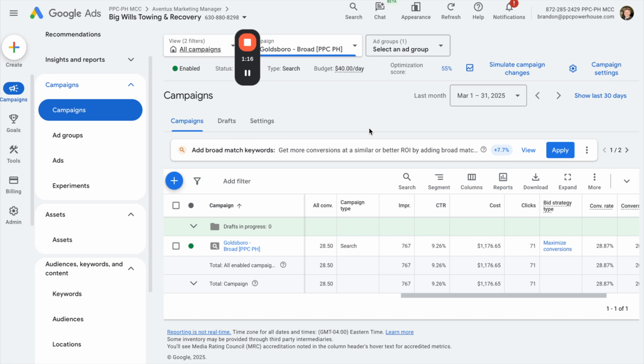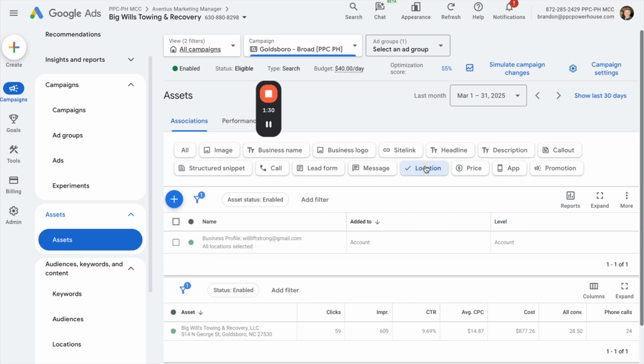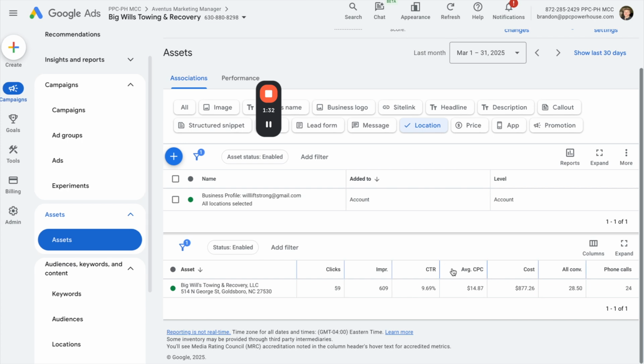But first, let's talk about how to set it up. So pull up your account, go to the campaign level, and then within there, on the left-hand side, click Assets. And it's actually just an asset or an extension. So once you're in this screen, you go to Location, and this is where you can add in your